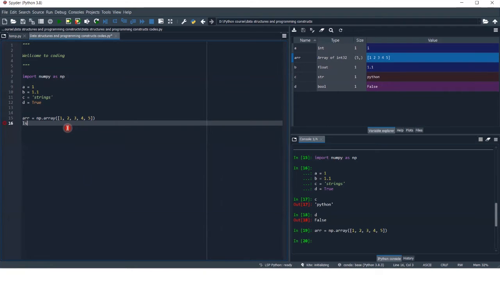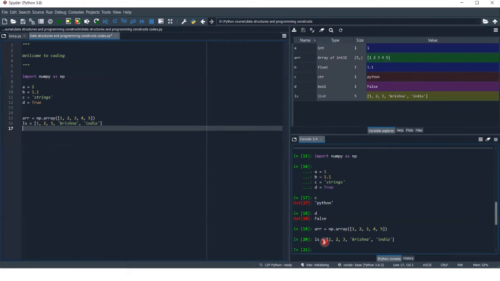So ls, and to make the list I use square brackets: 1, 2, 3, 4. Let's change some values, like Krishna, India. So here, as you can see, I made a list having different kinds of values, like integer type and then string type.